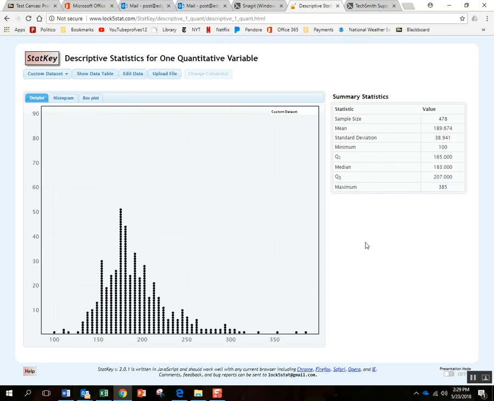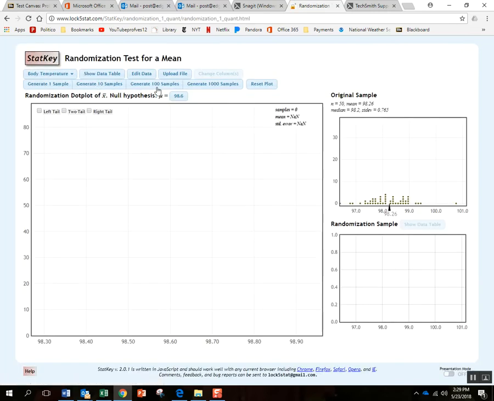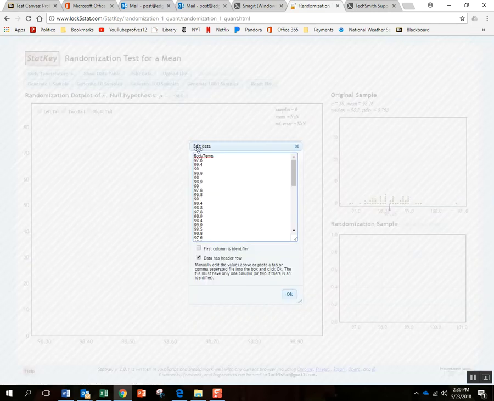And so the p-value is the answer to this question. If the population mean is exactly equal to 185, how surprising would it be to get a sample mean of 189.674 on a sample this big? So here's how we do that in StatKey. We go to randomization hypothesis test for a single mean, enter that same data,